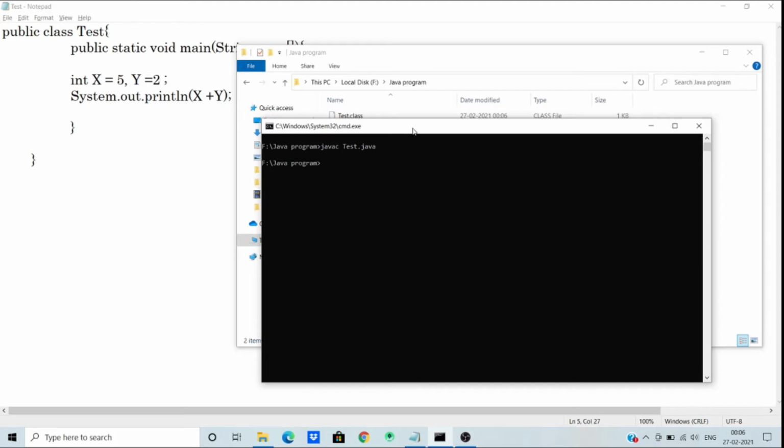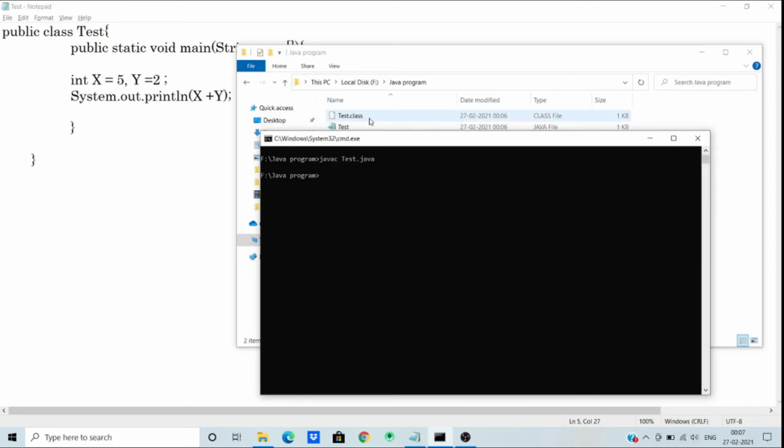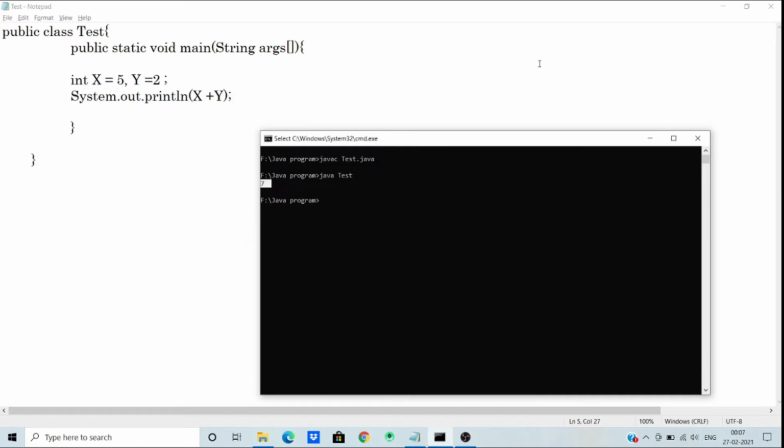If this file is successfully compiled, then the test.class file will be generated. Now run this program with java and then the file name. So the output is 7, which means the program ran successfully.